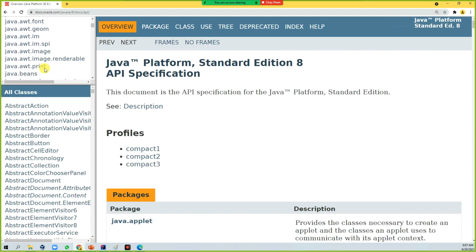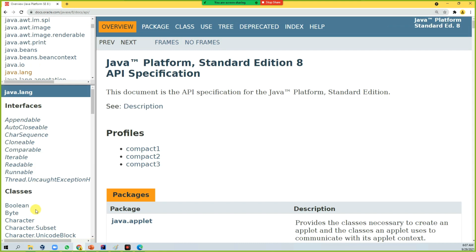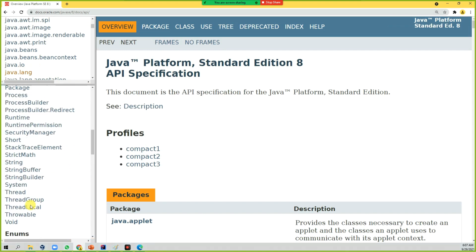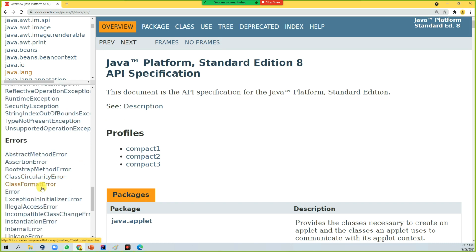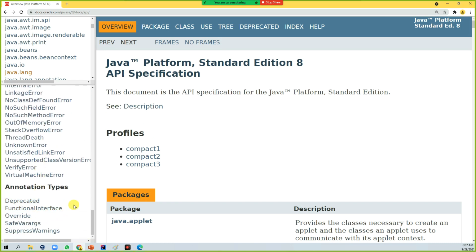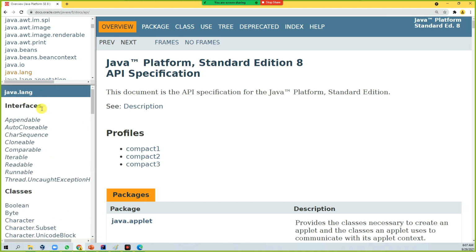Once you select java.lang, you see the associated interfaces, classes, enum types, exceptions, errors, and annotations. All of these are part of the Lang package, so you don't need to import any of them.